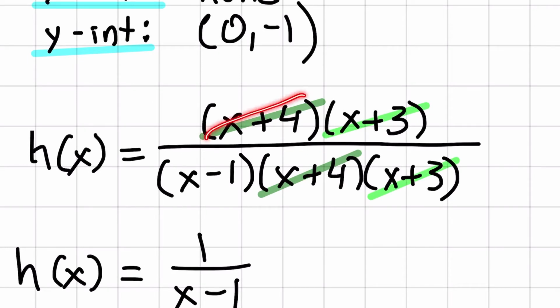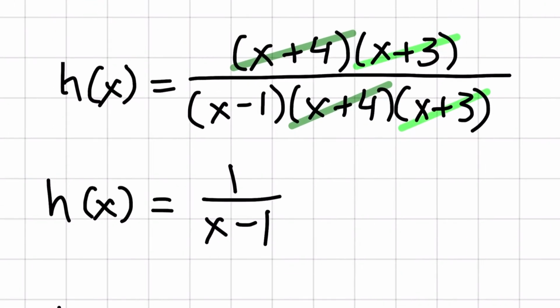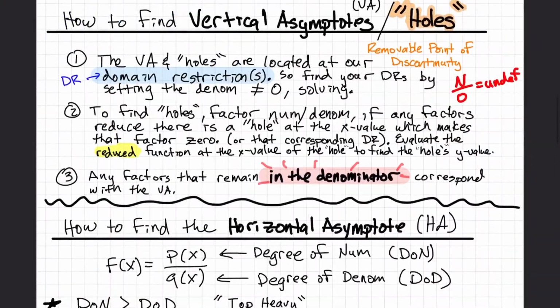And notice x plus 4 over x plus 4 reduces to 1. x plus 3 over x plus 3 reduces to 1. And I'm left with just h of x is 1 over x minus 1. So remember our notes. We said that